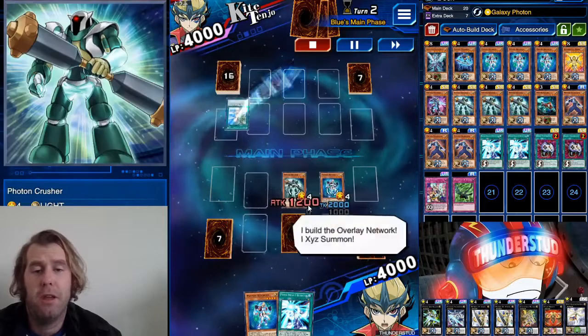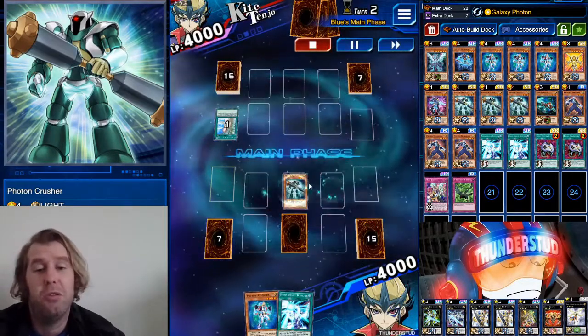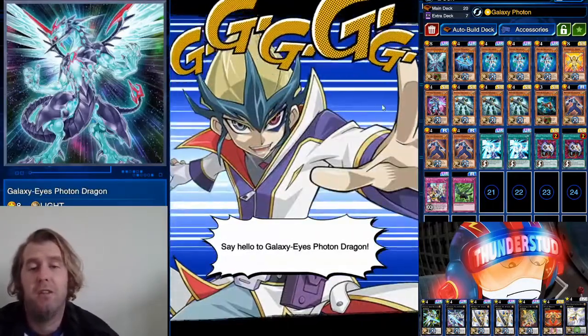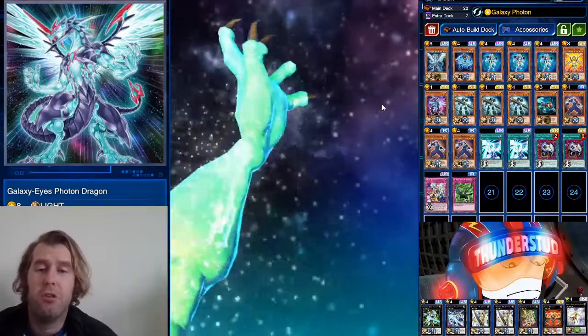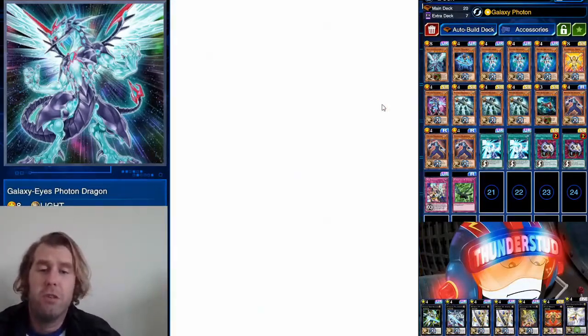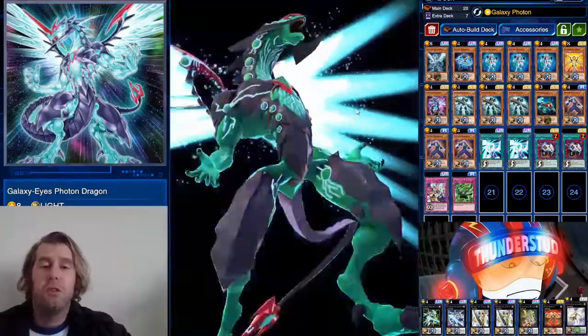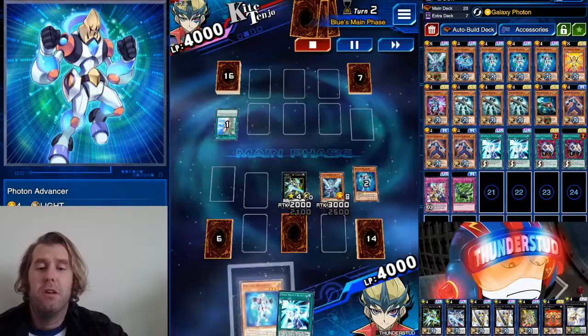Trying to use Forbidden Lance to lower our attack from 2k, but you don't really need it at 2k to use your Galaxion. So we're going to use his effect, bring out our Galaxy Eyes from the deck, get a cutscene. We already have 1 stream, but I do believe we have the resources in our hand to search a second Stream of Destruction. So we get our monster out. I think we can return that Advancer, get 2